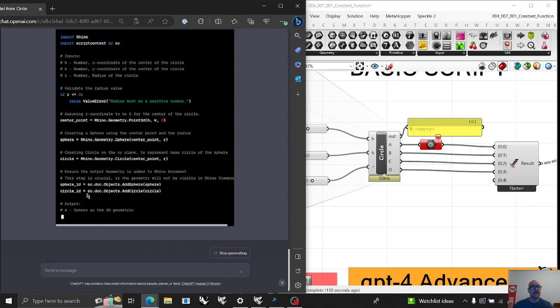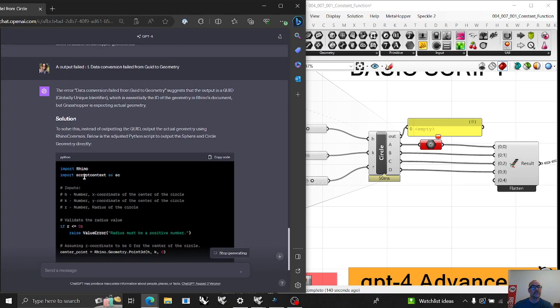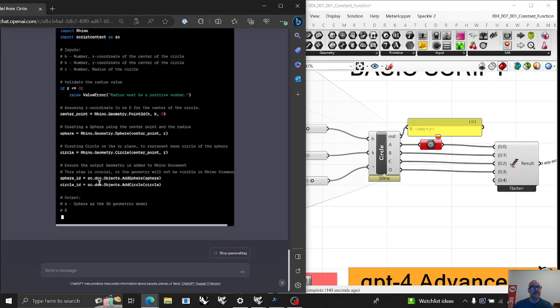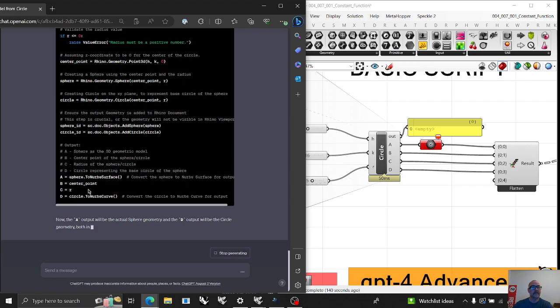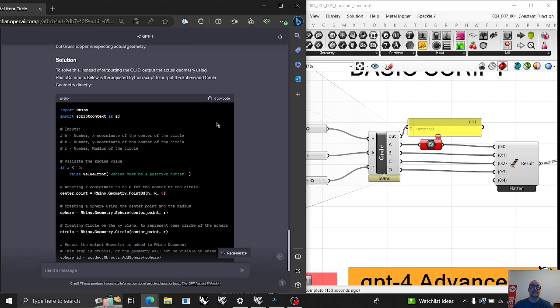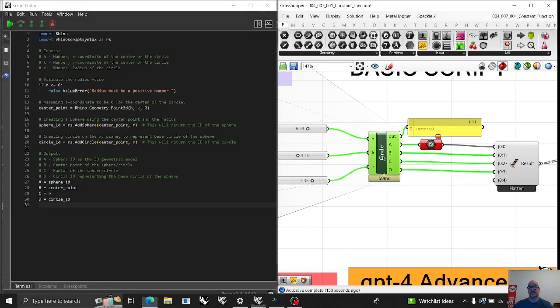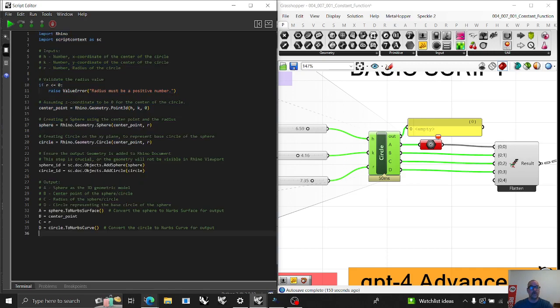So right again, we're here in script context, so it brought in the script context library as SC, and I'm still trying to output the sphere, B, C, and there is the ToNurbsSurface. And if you don't have that, you're going to have goo geometry instead of geometry. And I only know that because I run into it a lot of times. So let's change the script over, put it back in the script editor, run it, and hopefully it works. It certainly did. Now we know the next geometry is a point, so you can make it a point, or